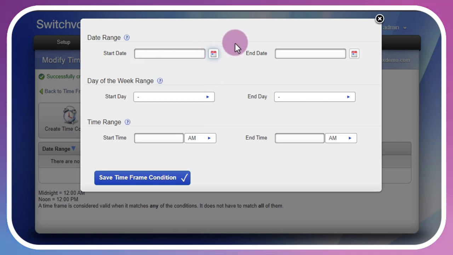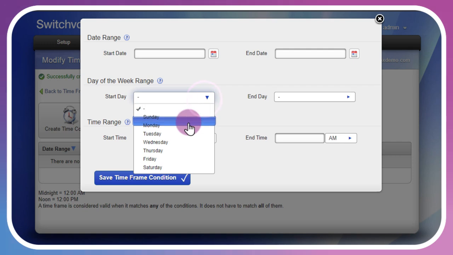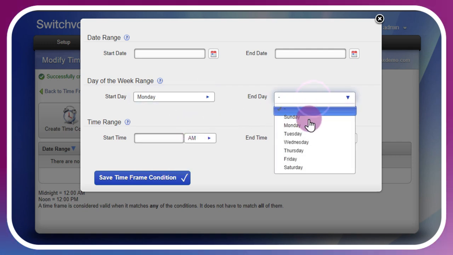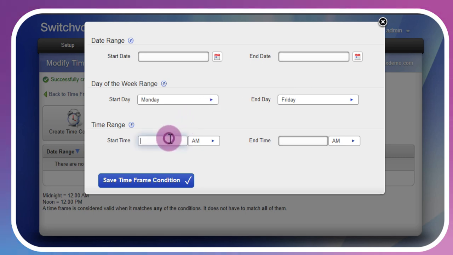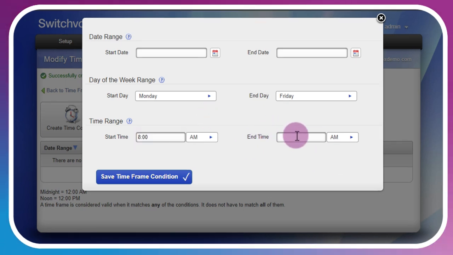So we select the start date on the calendar and of course the end date on the calendar. The day of week range will specify Monday to Friday in this example. And specify the open hours of 8 a.m. to 4 p.m.